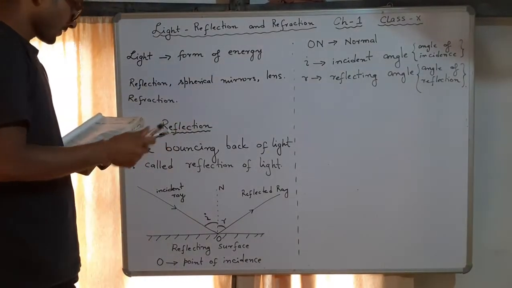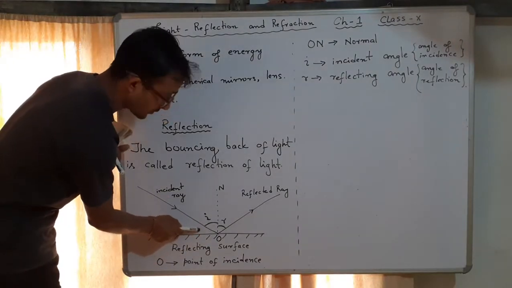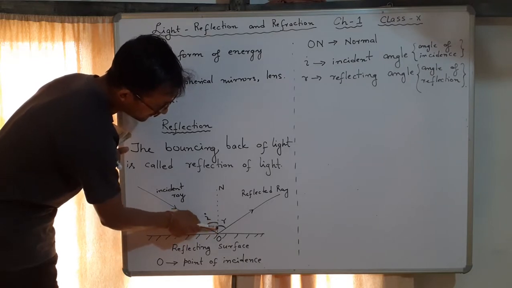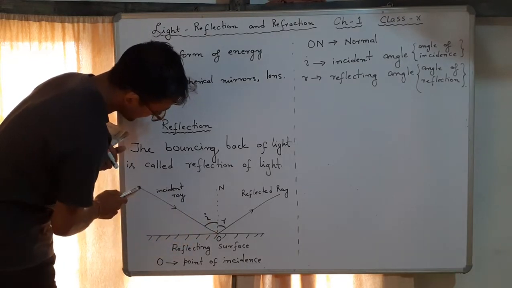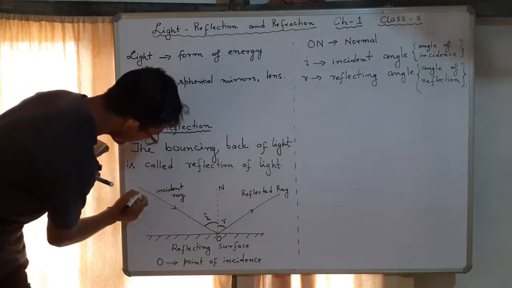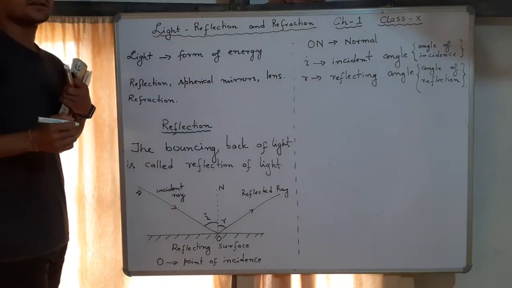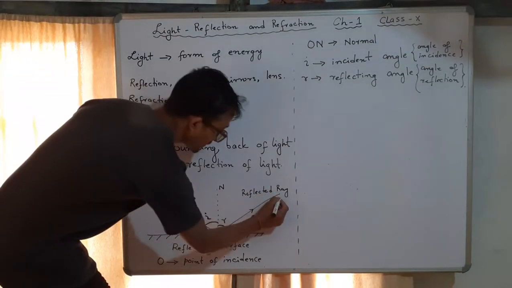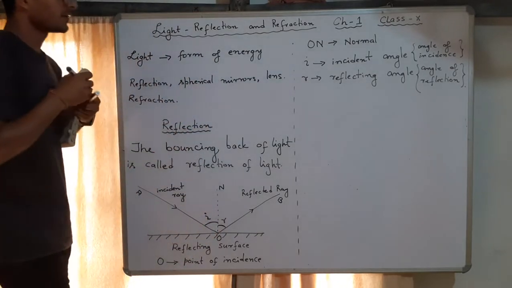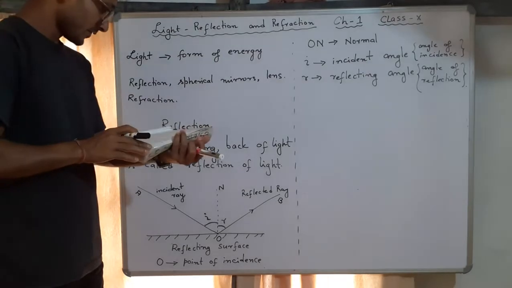So this normal serves that purpose. Do not choose this angle. This angle is not the one. We choose the angle which is near this normal line. Suppose you call this point A here, that means AON is the angle of incidence. If you choose it B here, BON is the reflecting angle or angle of reflection, right? So these are the things about